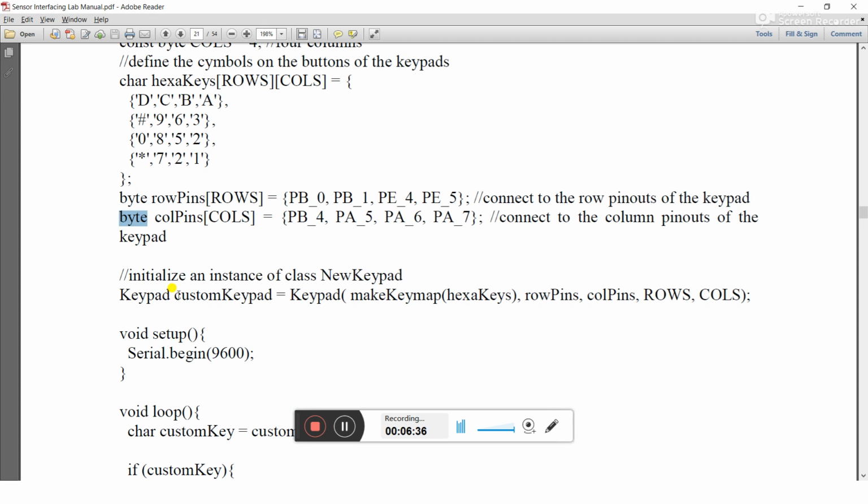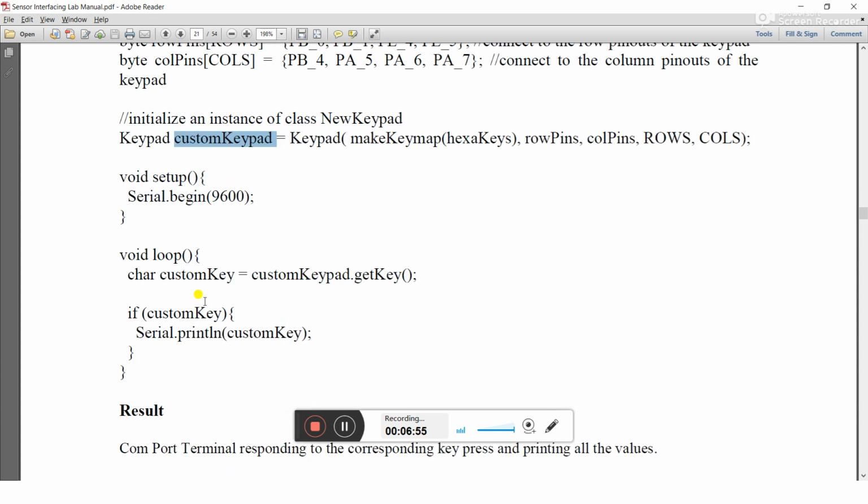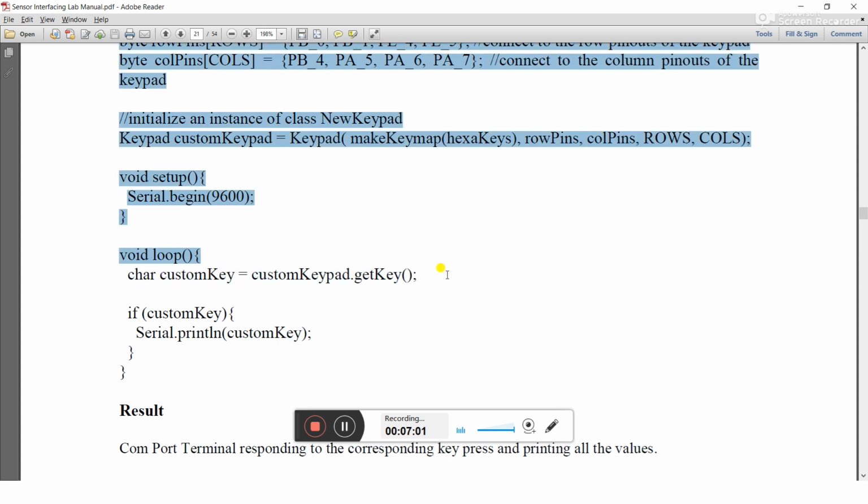Next I have declared a custom keypad, which takes the keys, that is, which key is pressed. Accordingly the rows and columns will be decided, and the custom keypad will get the value. According to the value of the custom keypad, we can define which key has been pressed.